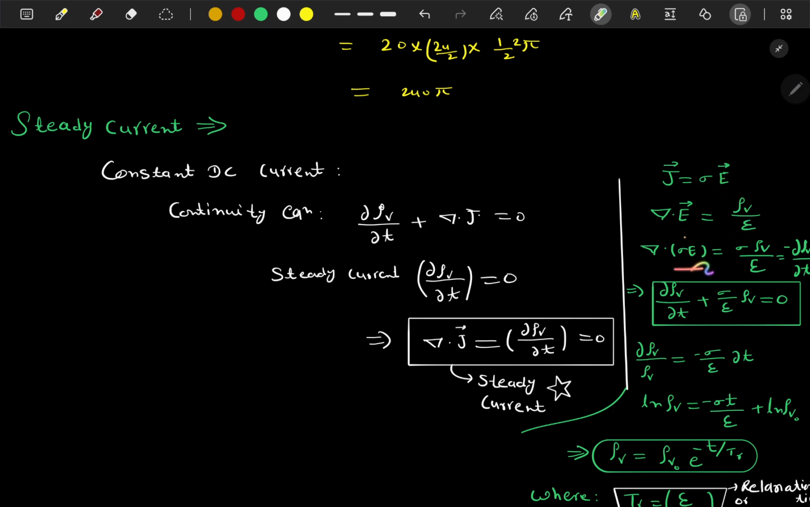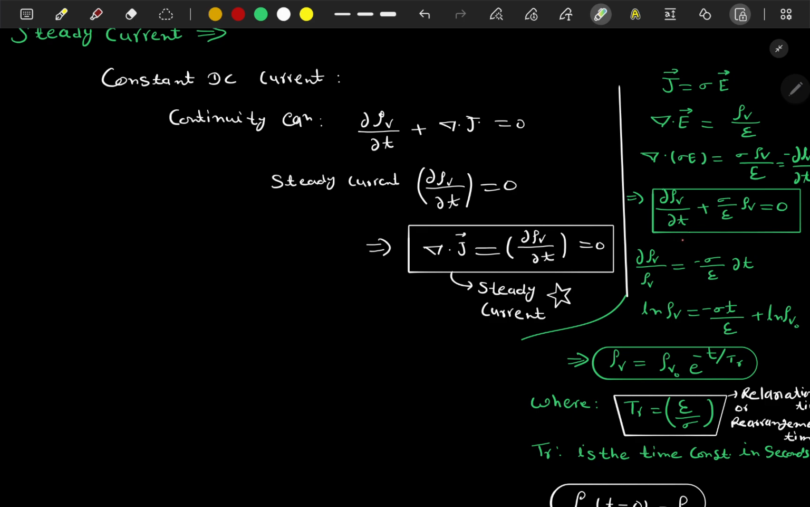So put sigma in E here. You will get sigma here also, and it will be sigma rho_v. What is sigma rho_v? Del rho_v by del t. Getting my point or not? So here it can be written as del rho_v by del t plus sigma upon epsilon rho_v equal to 0. Next, we get del rho_v by rho_v equal to minus sigma upon epsilon del t,